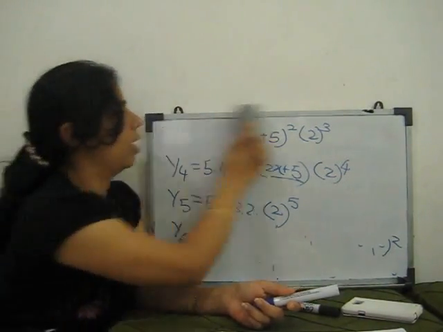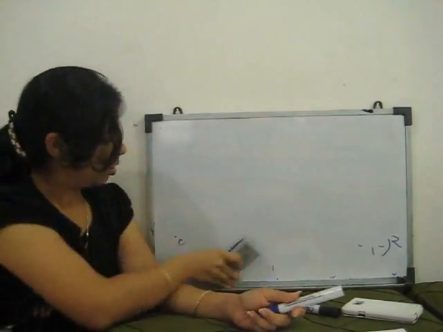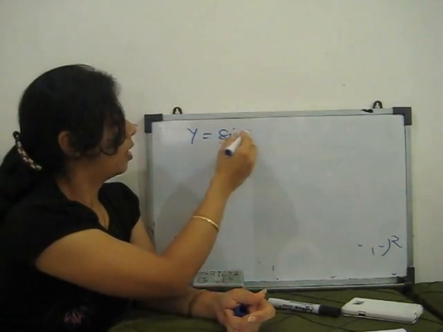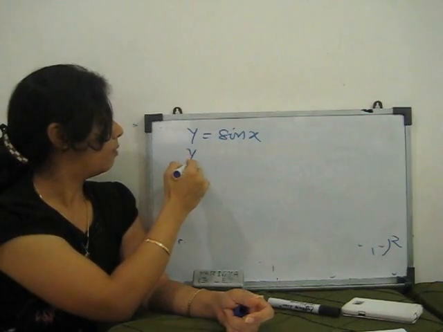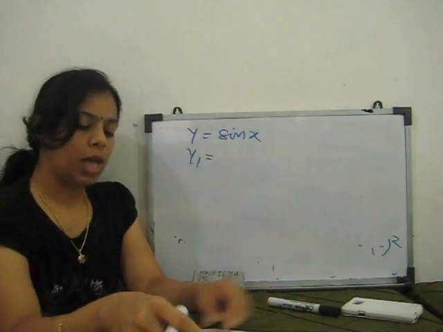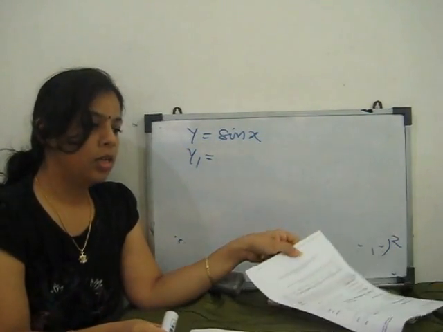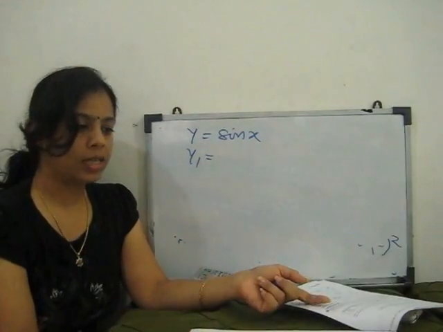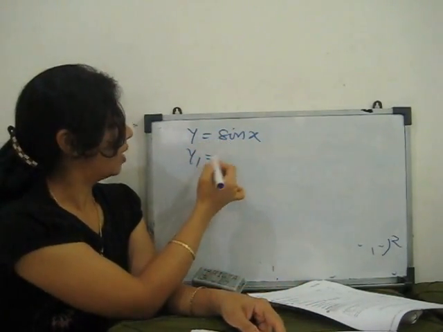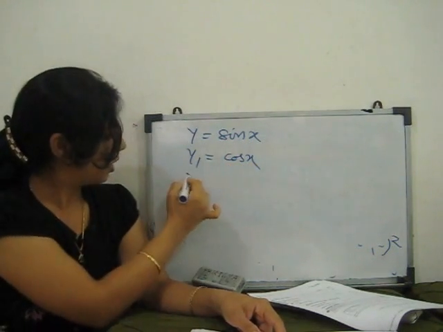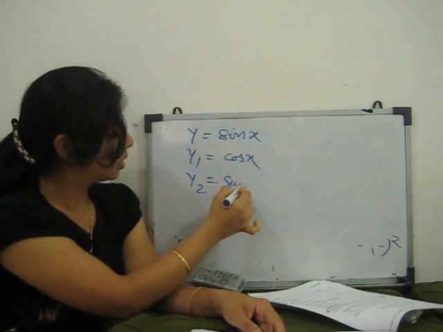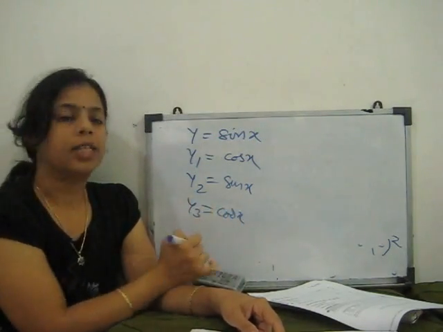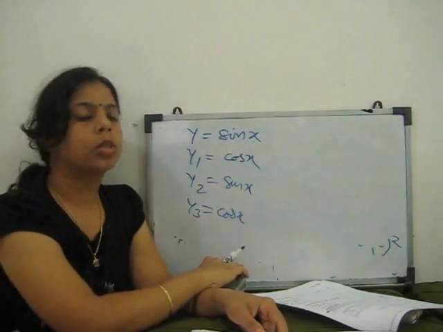Next, if we have non-terminating terms, like if y is equal to sin x, okay, we can determine in general form also, for sin(ax plus b), or sin x. So y is equal to sin x, then dy by dx is cos x, again y2 is minus sin x, then y3 is minus cos x, like that. So if we talk about the general term,